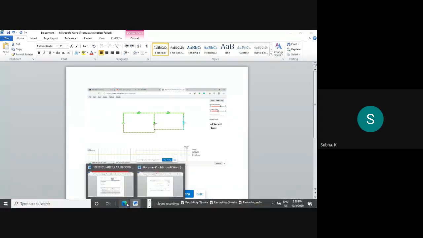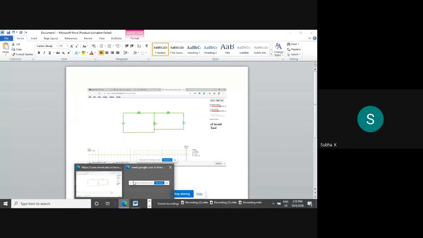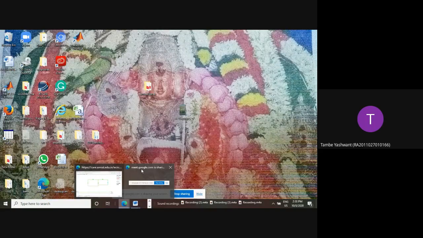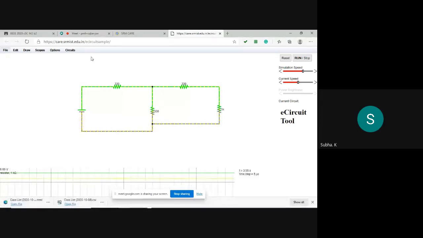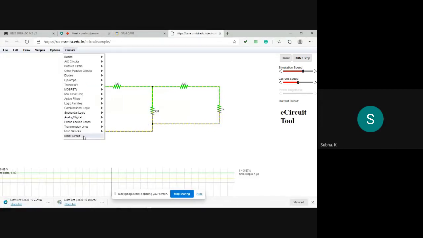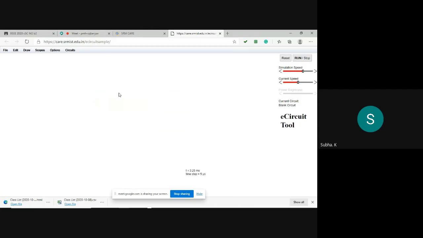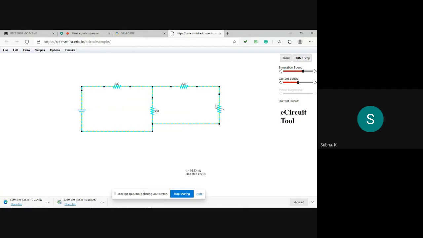I will proceed to the second circuit. Yes, ma'am, those 4 values should be displayed, right? Yes. Now I will open another circuit and press control V. Now I have to open what terminal? Same setup, but I have to find out the open circuit voltage. So what should I do? I have found out IL. Next thing is I need to find out VOC and R-Thevenin. So what do I need to do?